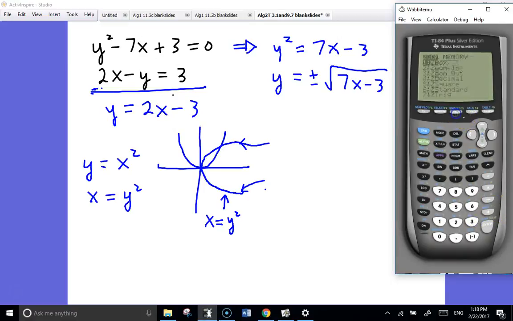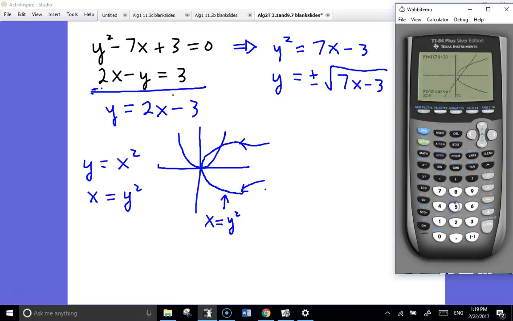Now I'm going to ZoomStandard, zoom 6, to get a normal graph of this. There's the top of the parabola, there's the bottom of the parabola, and there's the line. How many intersection points do you see? Looks like there are 2. There's one with the top half of the parabola and one with the bottom half. They're on the screen, so we're going to go ahead. Second trace,